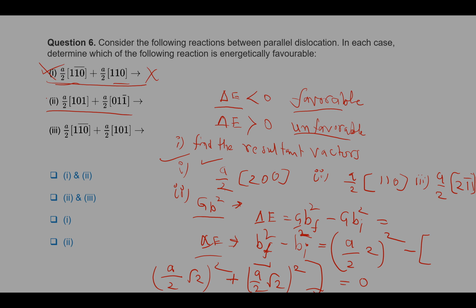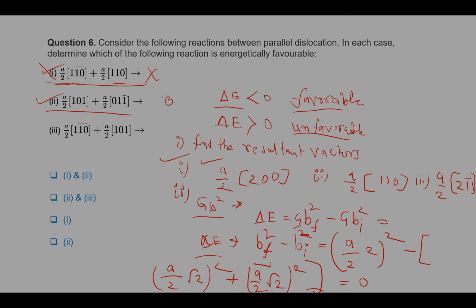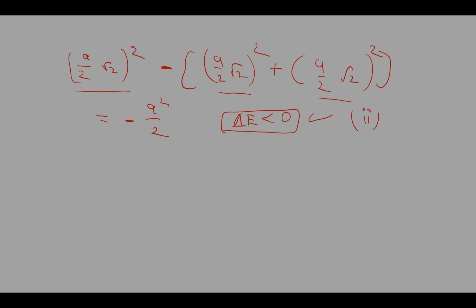We can't have this here. Okay. We can use that. This one is favorable. It is coming less than 0. Then the next one, here a by 2, and the value will be like 6 whole square minus a by 2